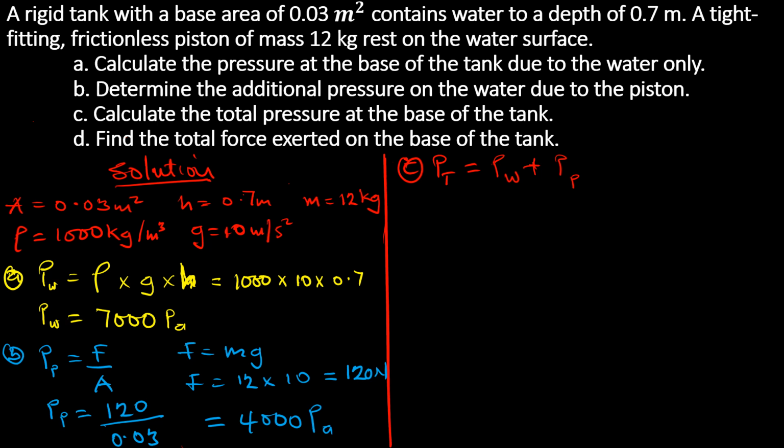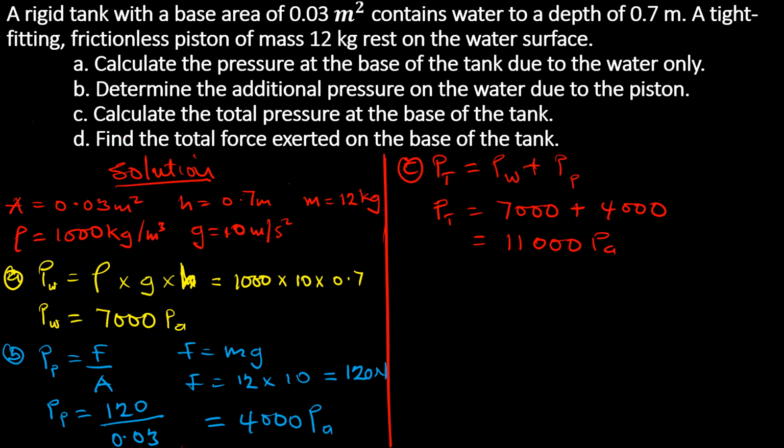So PT will be equal to the pressure of the water, which is 7,000, plus the pressure of the piston, which is 4,000. So adding 7,000 to 4,000 will give us 11,000 Pascal. So therefore, the total pressure at the base of the tank is 11,000 Pascal. Okay. Let's move on to